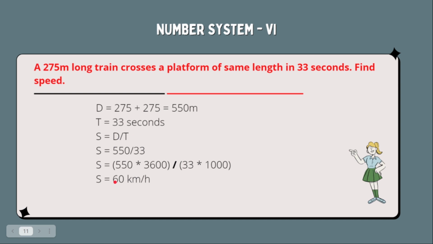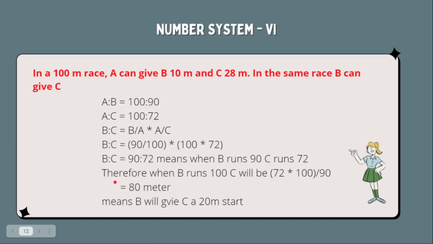You can calculate this and see if you get the same value or not. Next question. You will see these kinds of questions in actual exams, and I have just explained the method of how it changes from B to C equal to B by A into A by C. That we will learn in ratio and proportion. For that I will discuss a new concept about ratio and proportion later.